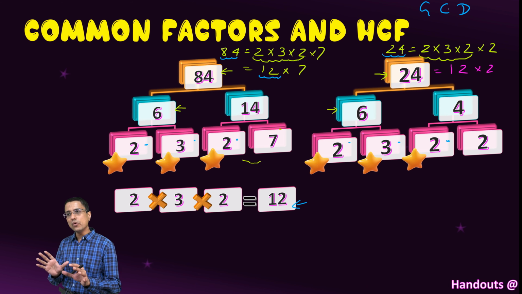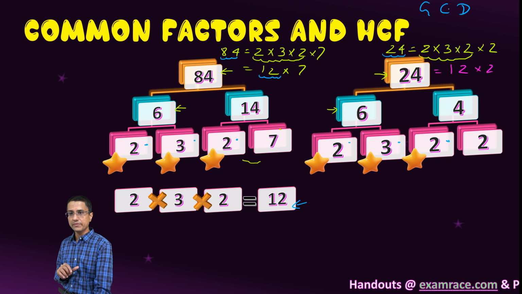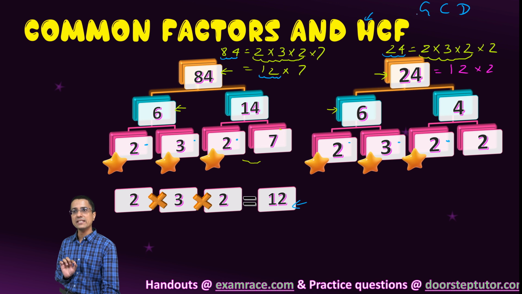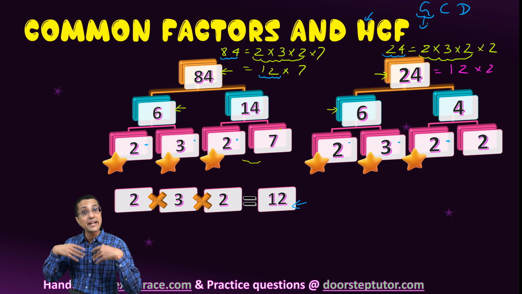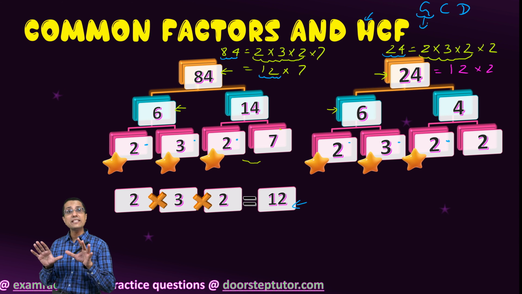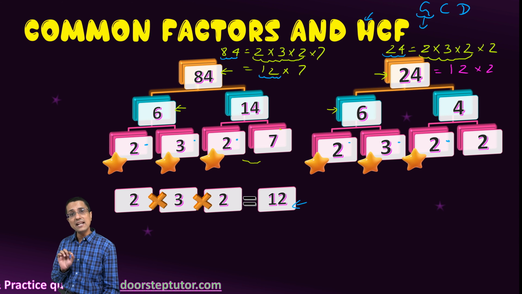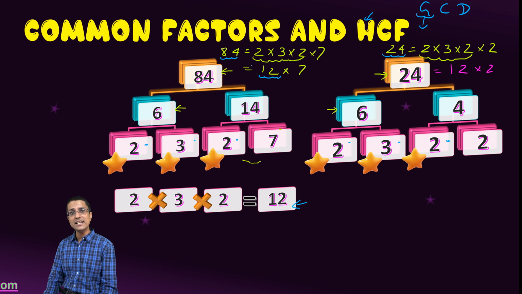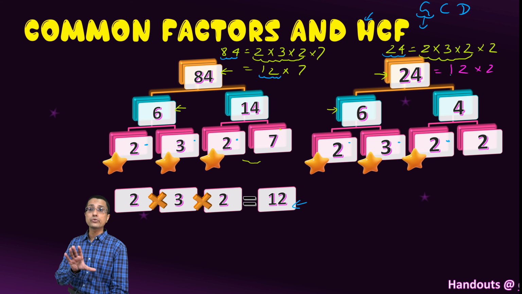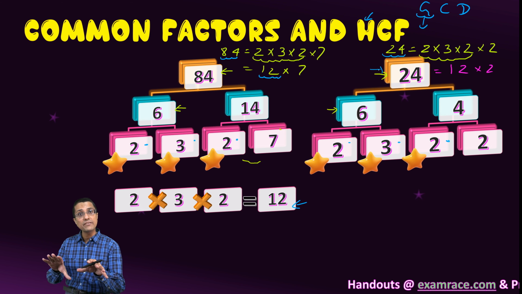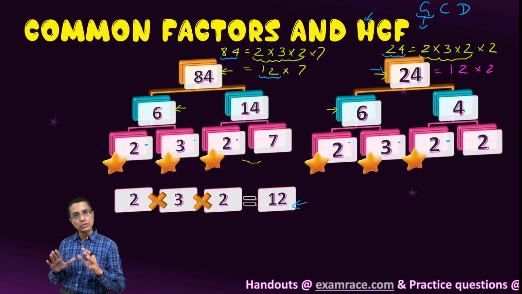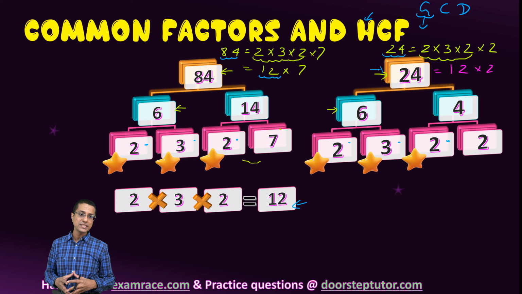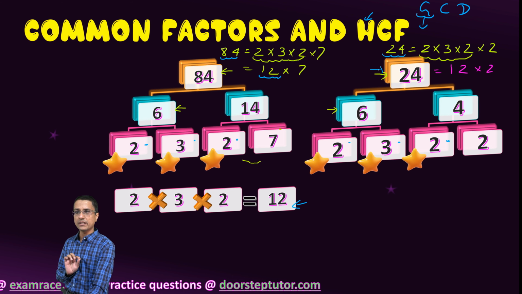Another thing to note here is that although the words highest common factor have the word highest, and greatest common divisor has the word greatest, the HCF and GCD are always less than or equal to the numbers themselves. So my number 12 is less than 84 and also less than 24. So do not get confused by this terminology. Although we call it the highest common factor, because they are factors, they have to be less than the numbers themselves. So very simple term.